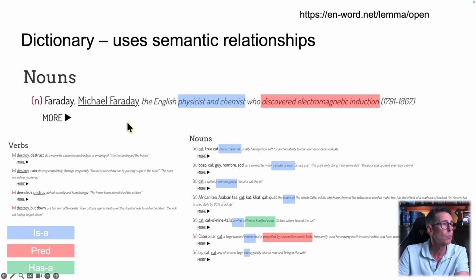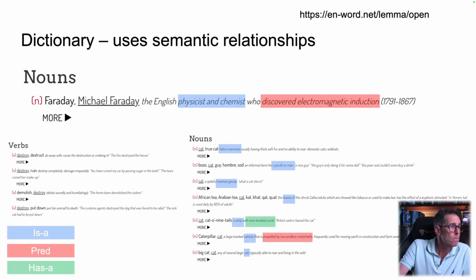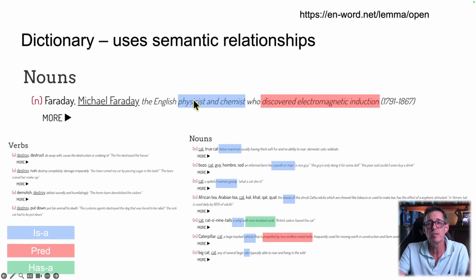But getting back to it, one of the things that George Miller pointed out in his section on the nouns was that you'll often describe a word. And so here's the complex word, Michael Faraday. So this is my distant relative from England. In the definition for Michael Faraday, we get the English physicist and chemist. Now, what does physicist mean? Well, a physicist is a type of person. What's a chemist? A chemist is a type of person. So we're saying that Michael Faraday is a person, and then we provide extra information, physicist and chemist. So he pointed out that that's a very common way of describing a word.